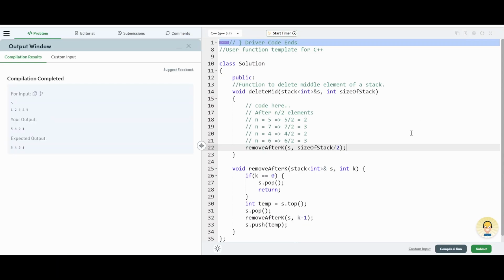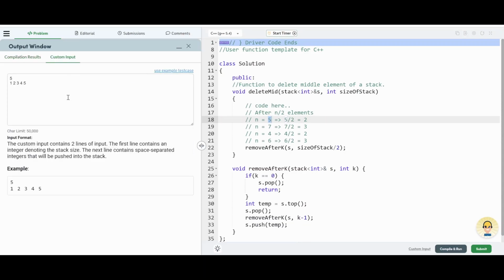Works fine. Okay, let's also test edge cases. In interviews you would also be required to show these skills, that you are testing edge cases and all. That actually gives a good impression. So what would be a good edge case here? When n is odd, a good test case would be when n is very small, that is n equals 1. So put a custom input where n is 1,